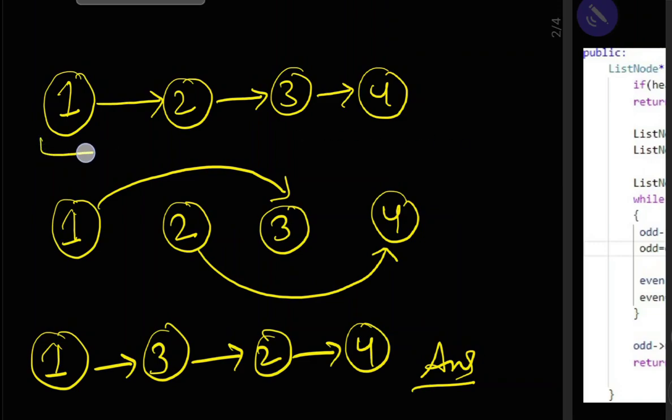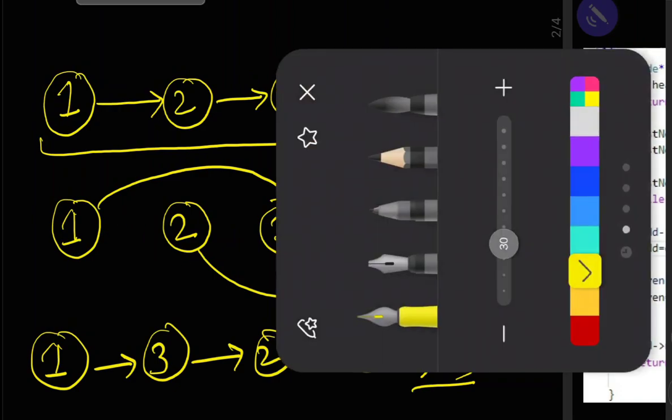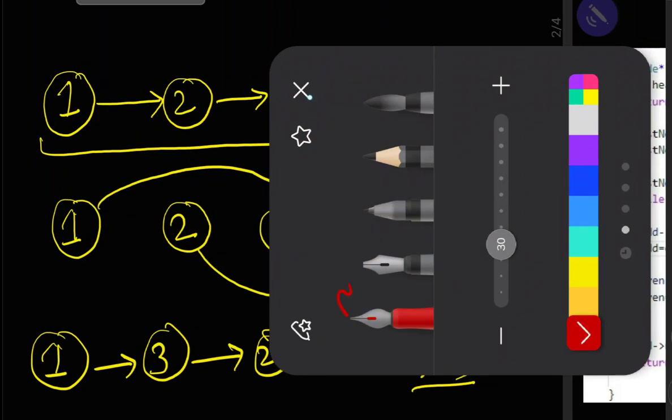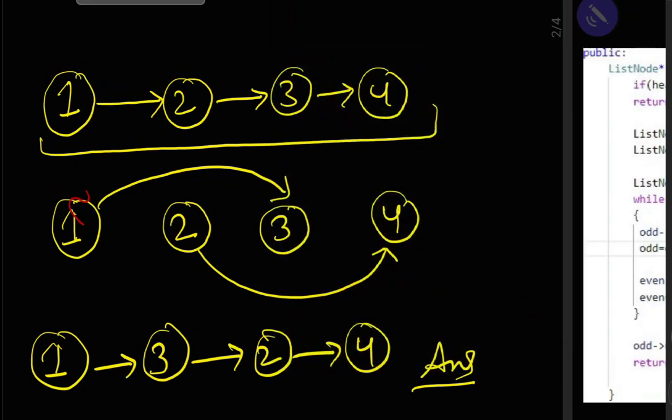For example, we have 1, 2, 3, 4. Currently 1 is pointing to 2, 2 is pointing to 3, and 3 is pointing to 4. Now we need to break this pointer and move it, so 1's next will be 3.